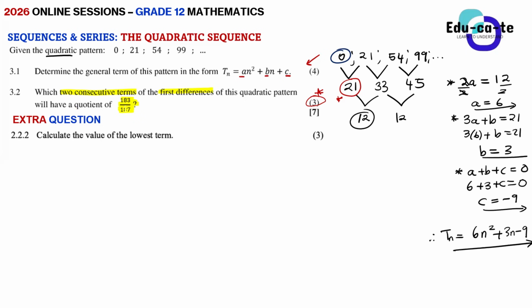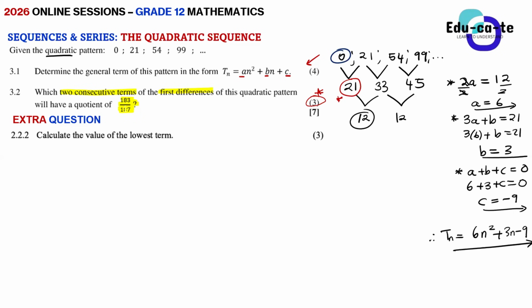What's the quotient? A quotient is just a number divided by a number. It's the number that you get when you divide two numbers. Just like a product. A product is a number that you get when you multiply two numbers. For example, 5 times 2 gives you a product of 10. A quotient is a number that you get when you divide. For example, 200 divided by 2 will give you 100.